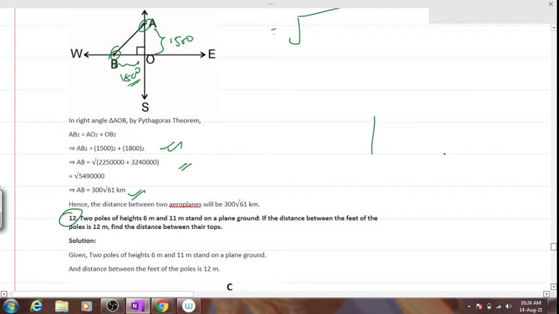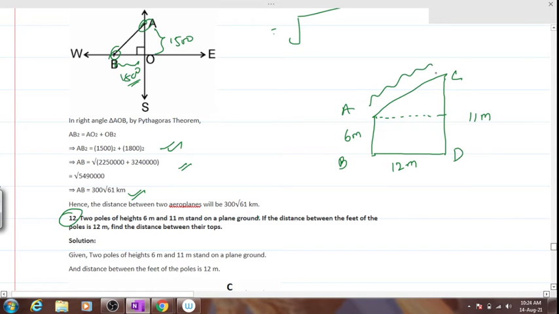See, is this given to us? Two poles. Yes sir, no sir. The distance between the poles is how much? Yes or no? What do you have to calculate? So we'll assume that let AB be one pole, let CD be the other pole. So we'll draw a line out here. Clear? Can we calculate AC? You'll say how sir? First we need to calculate O.